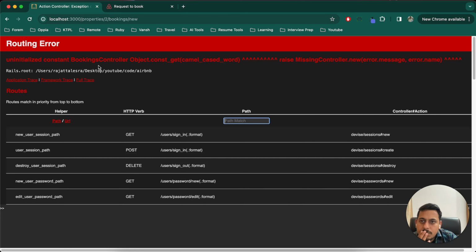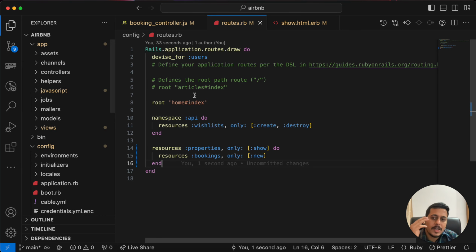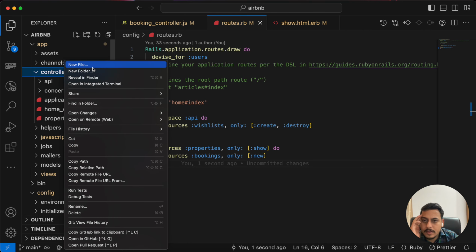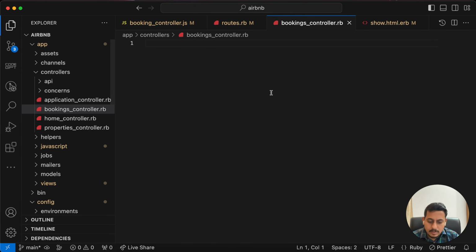Uninitialized bookings controller. Okay, we will have to create a bookings controller. So let's go to our... I did mention it, right? Three things. One is routes, which we have done. Second, we'll create a controller: new file, bookings_controller.rb, create a class for BookingsController,